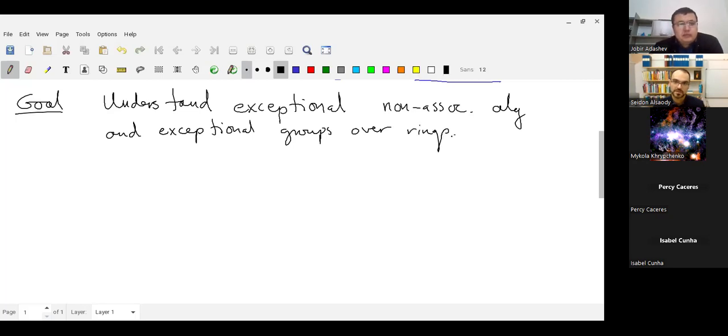Most of these objects are well understood over fields, at least if the characteristic is nice enough. And we want to understand them over rings because of applications in number theory and geometry. For example, in theoretical physics, they study G2 manifolds. So these are octonion algebras over rings and so on. So let me start section 0 by giving some examples of what I mean by understand and what algebras we